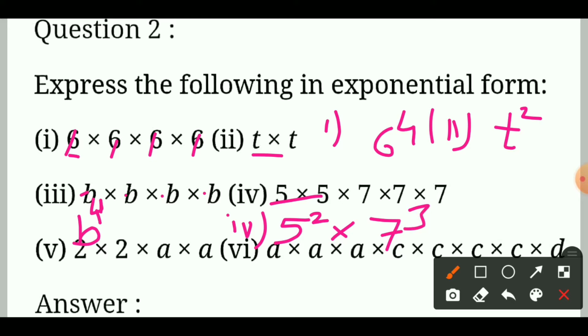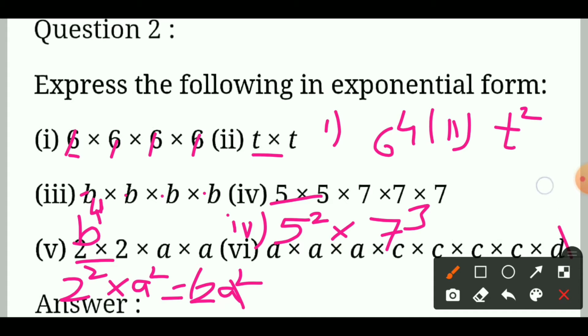Now next, see, 2 square multiplied by a square. Why? Here we have 2 twos and 2 a's, which means 2 into a, 2a, and square as it is, 2a square. You have to write in bracket. Okay, now here